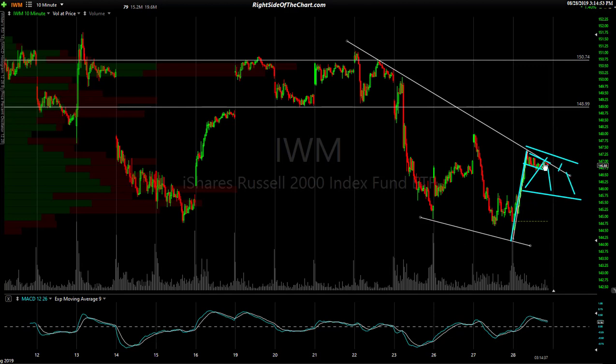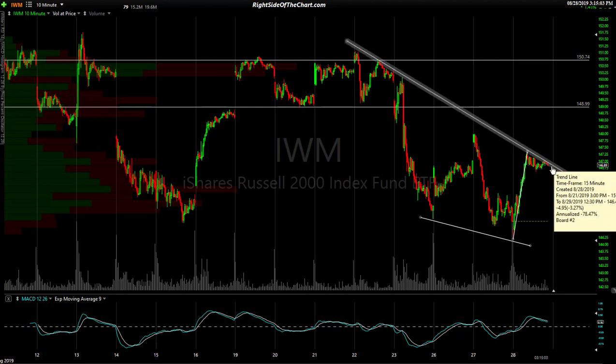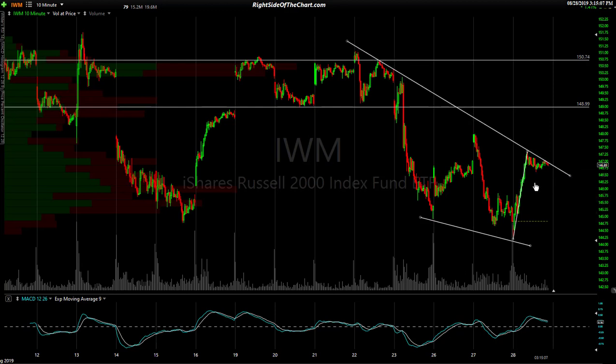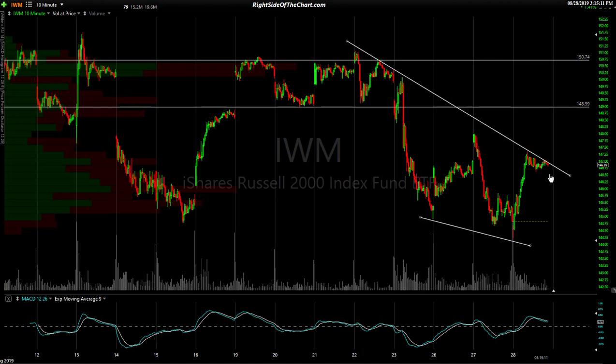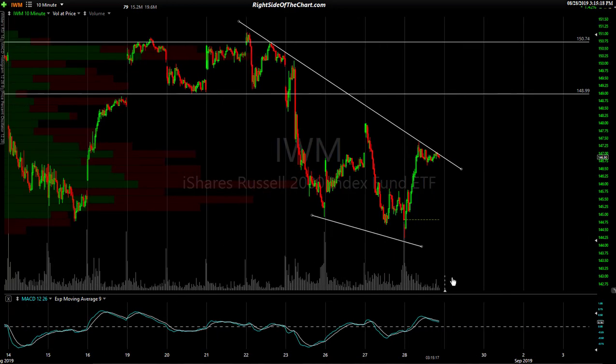Look up the patterns online. You'll see flags, or it could be a pennant. At this point, it's more of a flag type pattern. And again, so far the flag's downtrend line, I should say, is really acting as resistance here. And so the flag may continue to stretch out, get a little bit long, but still an important downtrend. And if you look at it this way too, if we are rejected, if we fail to break out,